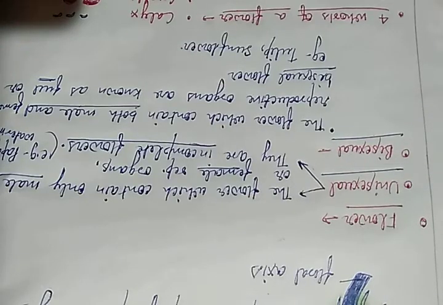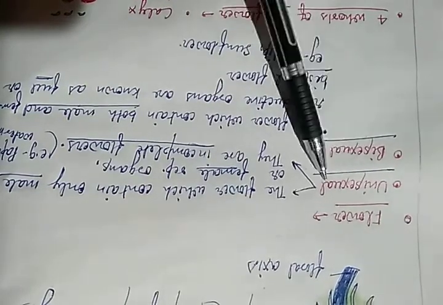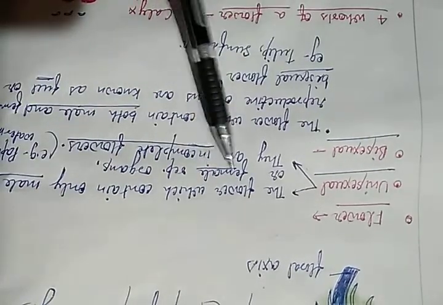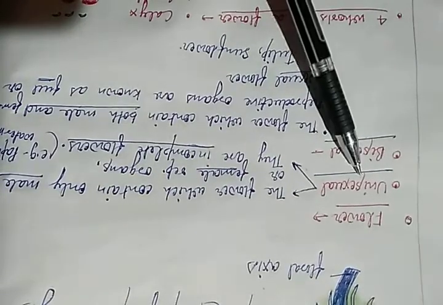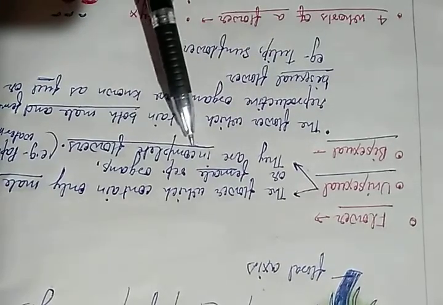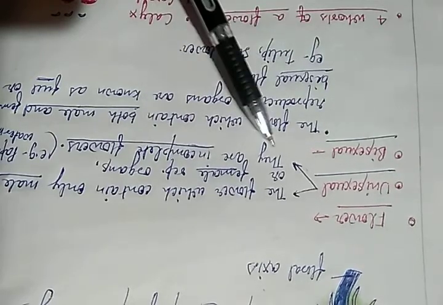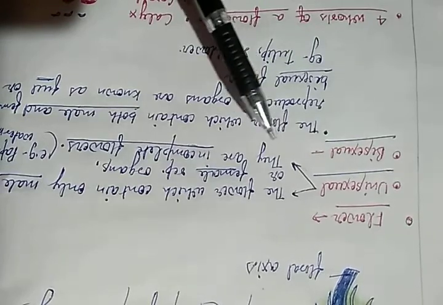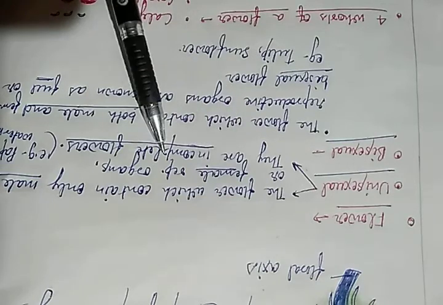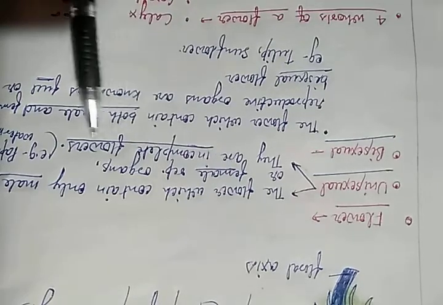Students, there are two terms coming. These are unisexual as well as bisexual. So let's focus on the unisexual. What is unisexual? The flower which contains only male or female reproductive organs. These are known as unisexual. So they will be incomplete flowers, because the complete flower is what? Where all the four whorls are present, means calyx, corolla, androecium and gynoecium. If all the four whorls are present, then only the flower will be known as complete flower. Because in this case, either male or female part will be present. So that's why they are known as incomplete flowers.